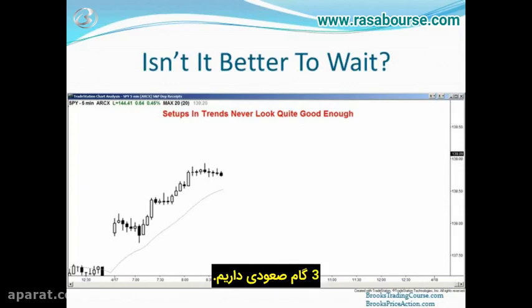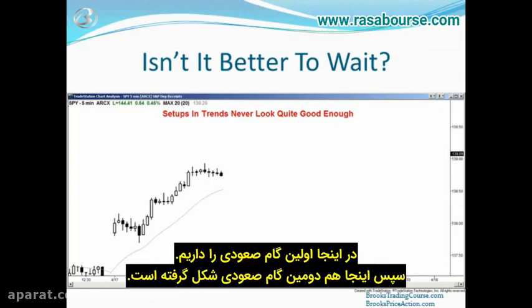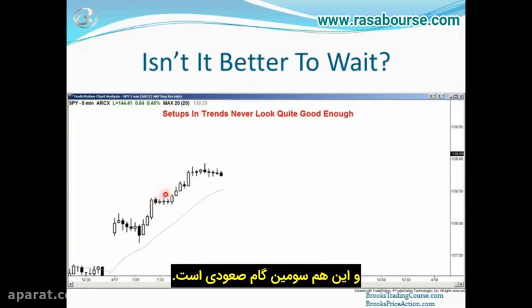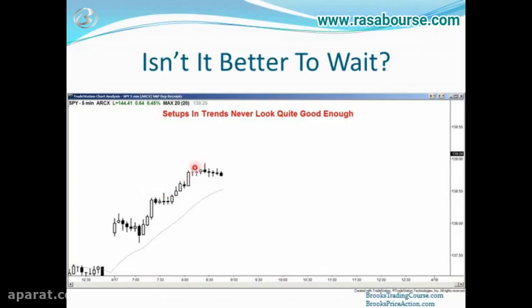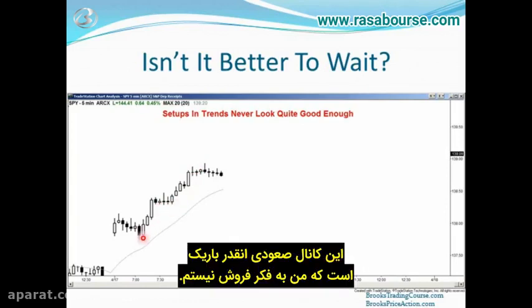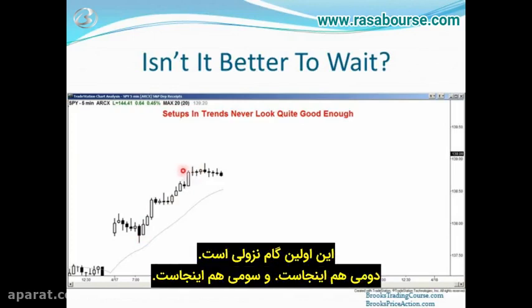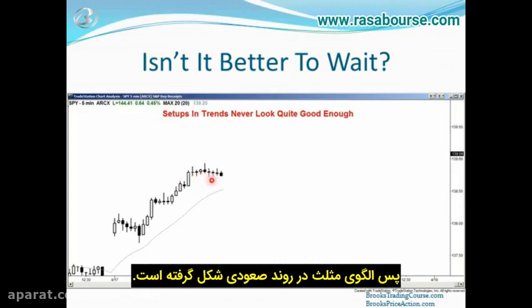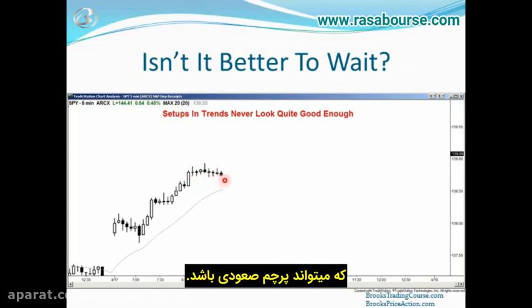3 pushes up. We have a push, and then here's the second push, and then the third push. These 2 bars. So is it a wedge top, and should we expect a correction back down here or here? The channel up is so tight that I would never look to short. We have 3 pushes down, 1 push down here, second push here, third push here. So it's a triangle and a bull trend. Could very well be a bull flag.